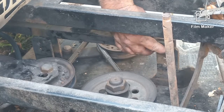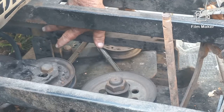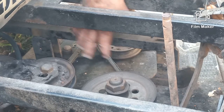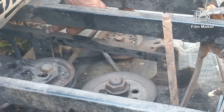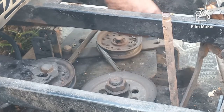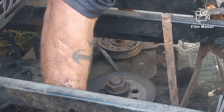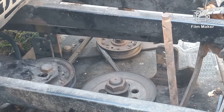You have a pin that goes through right here, and a pin that goes right through here. And there's a bushing that goes over the pin. So when this thing is down in place, this pin actually goes above this bar and through the bushing and back through, and that's what holds that on and hangs it on. So you take those both off, and then all that's left here in the front,